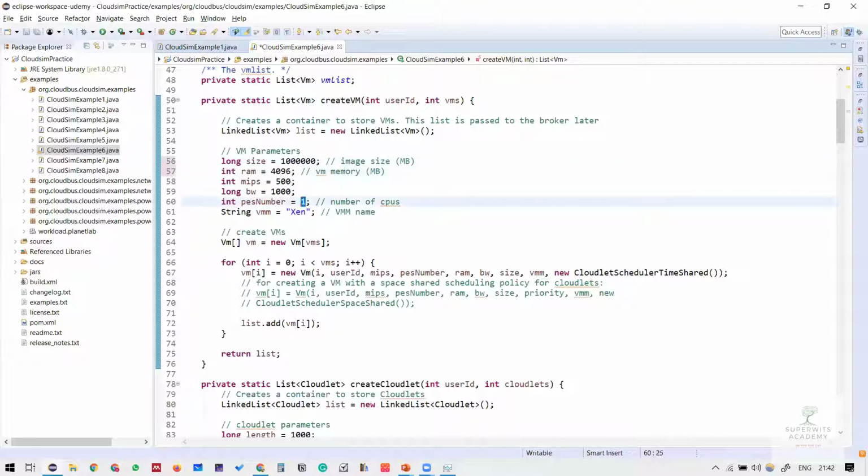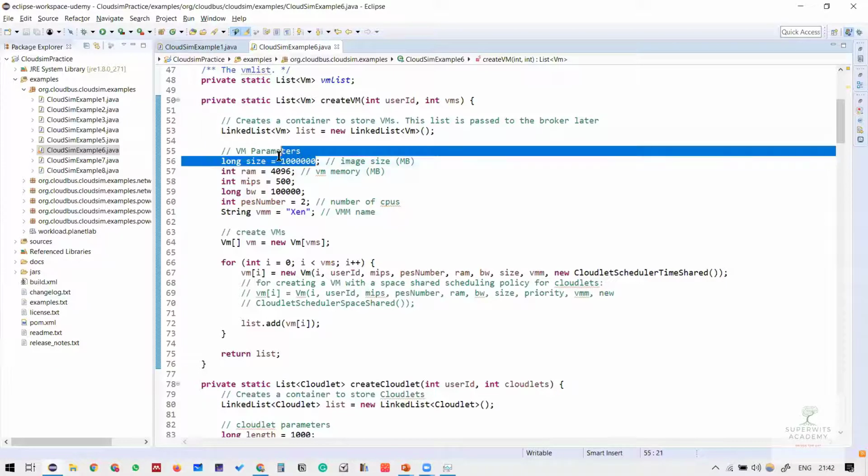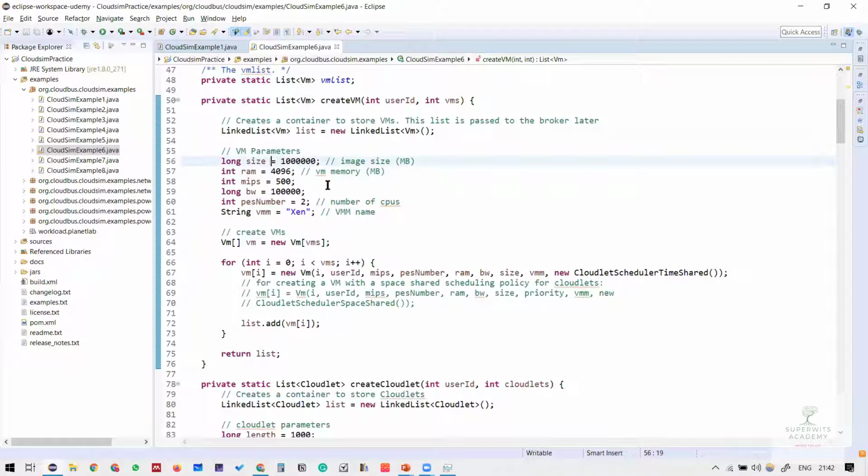You can have more processors corresponding to your virtual machine. The more processors it asks for, the fewer virtual machines the infrastructure is going to hold. And I think this is what we can have. With respect to the bandwidth, I may increase it to somewhere around 1 lakh bits, right? So bandwidth is always in bits, whereas RAM and your hardware size are in MBs, right? So let me execute it right now.